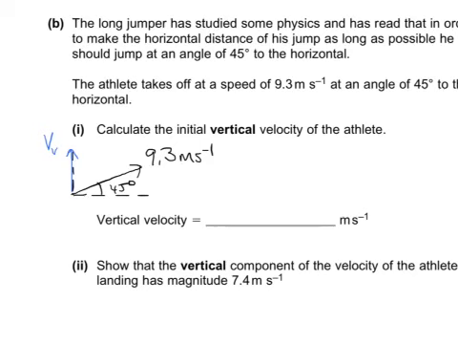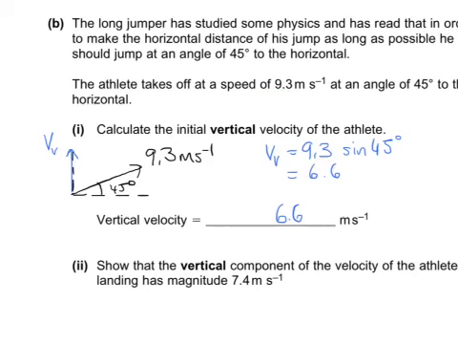So in fact we're going to use some trigonometry to find out that vertical, and it is 9.3 sine 45 degrees, which calculates to be 6.6 metres per second. So I've gone for an accuracy of 1 decimal place because of our speed was given